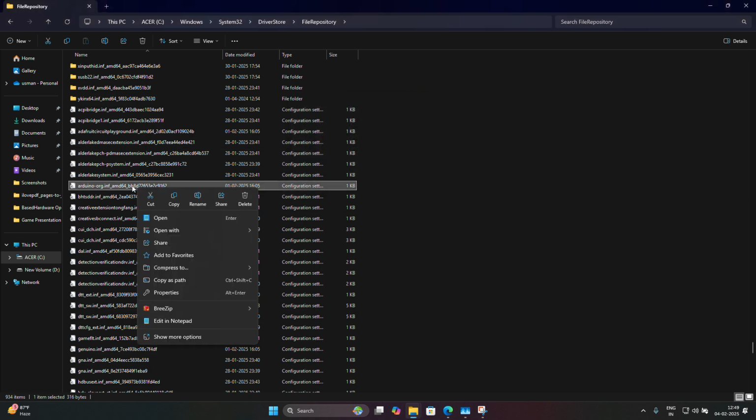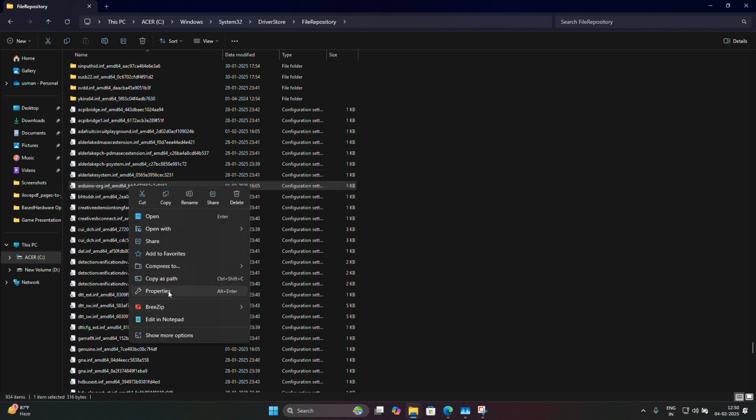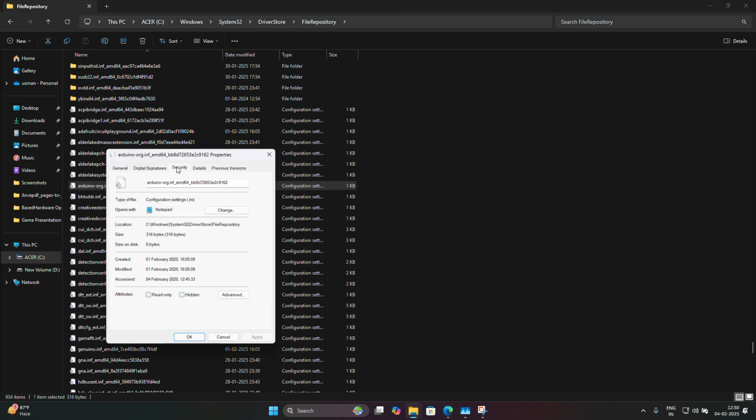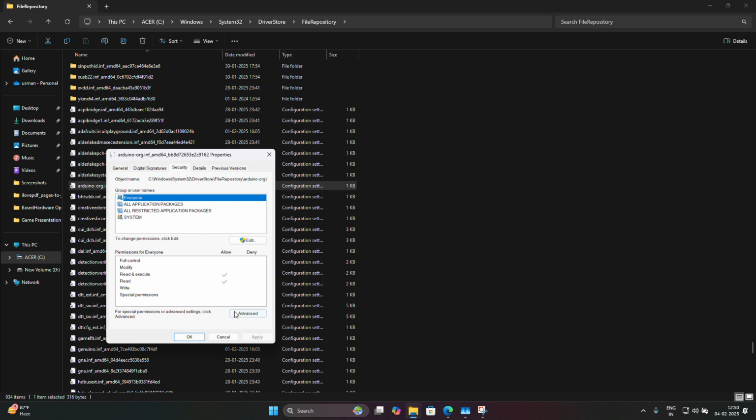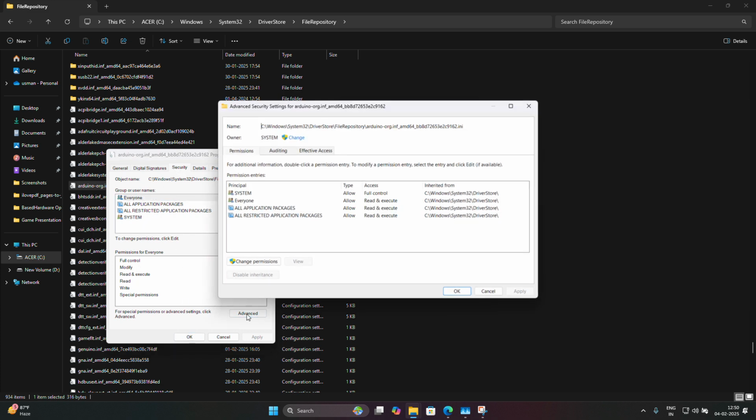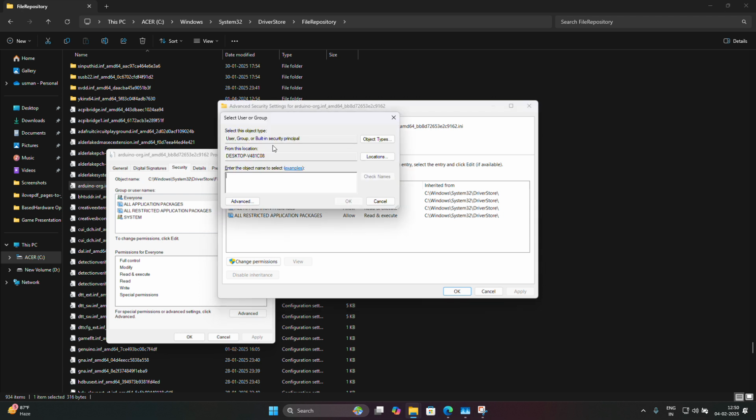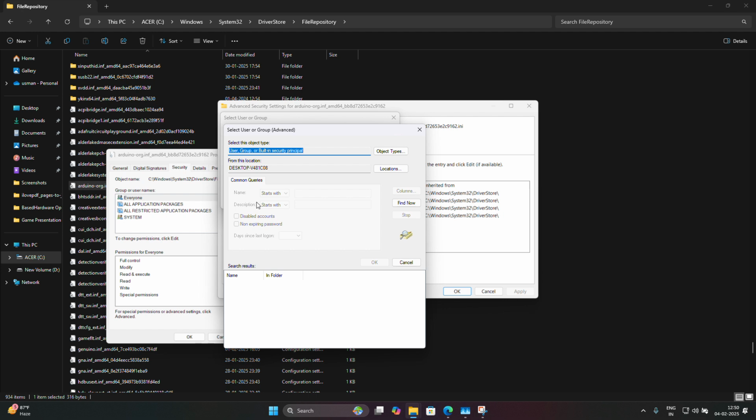Now, what you're gonna do is right click, go to properties, go to security, and down here click on advanced. Again, you will see the owner over here, which is system, and it won't allow you to change it or do any changes on it. You're going to have to change that. Once you reach this location, again click on advanced,